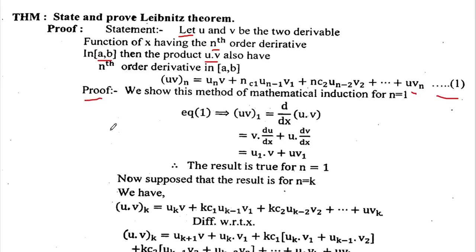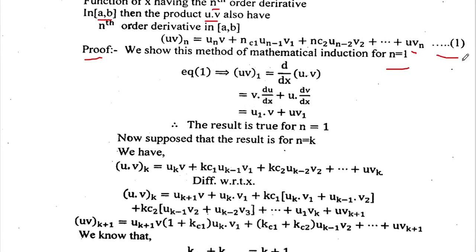Okay, so before starting the proof of this theorem, we will solve this theorem by using the mathematical induction method, first for n equal to 1. Generally we will see for n equal to 1. So using equation number 1, put n equal to 1 in equation number 1, you will get (uv)1 equal to d/dx of